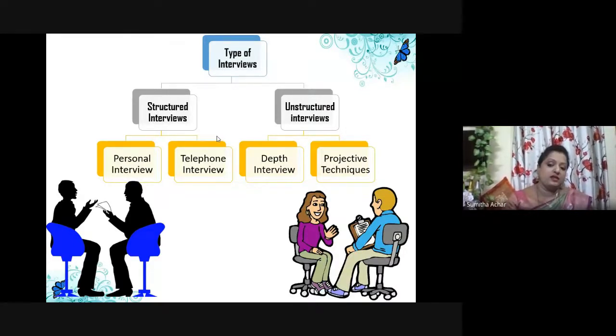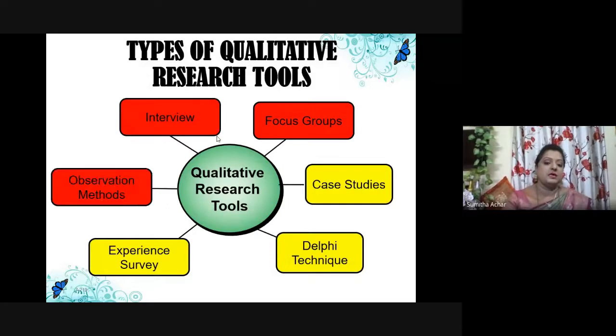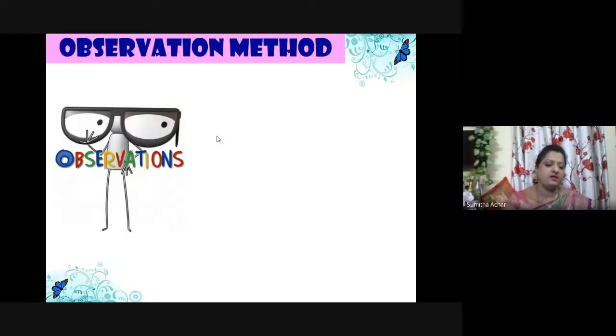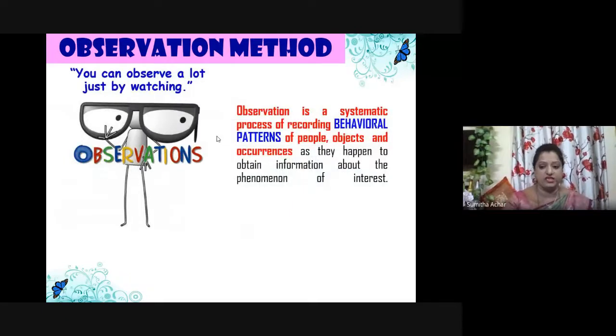the real behavior of a respondent, when the respondent owns things and when the respondent does not own a thing. Then comes the observation method. What is an observation method? You observe. You are not in contact with the respondent, but still, with only your eyes, you can collect a lot of information, right?